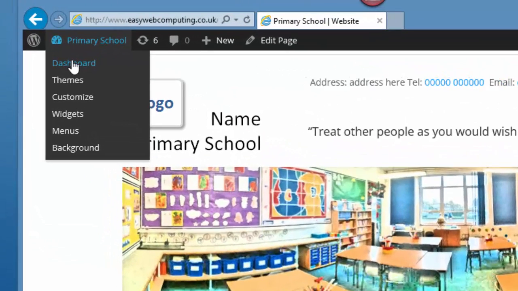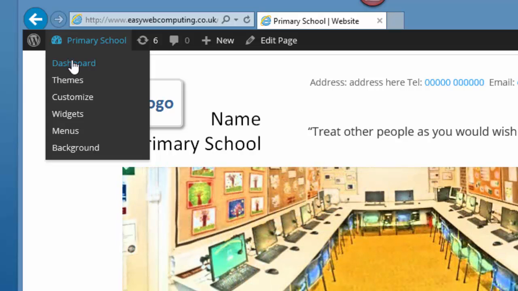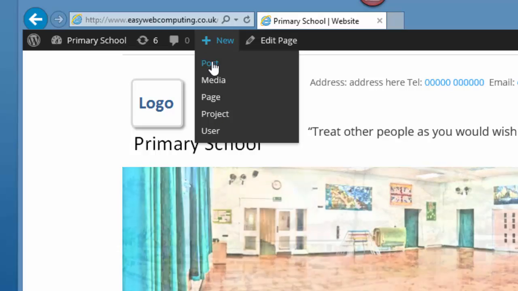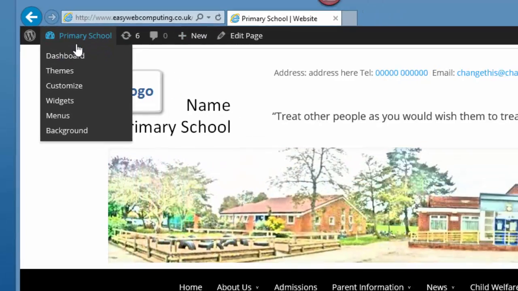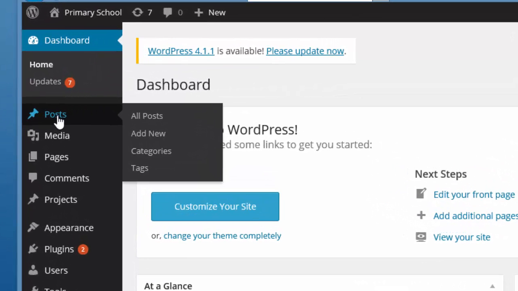Once you actually clicked login for the first time and you've logged in, then you will normally see the dashboard, which we will go to in a minute. But once you are logged in, if you want to still look at your website and then quickly add something else, then clicking on the new and post option is the quickest way in. But I will go to the dashboard because this is where you will appear after you've immediately logged in. Right. We're going to go to the Posts menu and Add New,